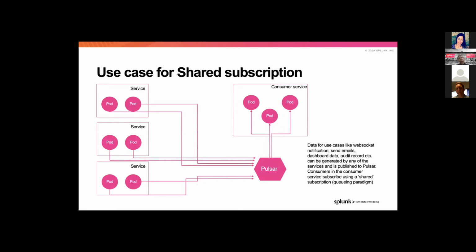So, a use case for a shared subscription. This is a typical queuing paradigm where we have several use cases like sending out notifications, sending out email, data generated for dashboards or reporting. So in this case, we have a separate consumer service where some of these consumers are deployed,